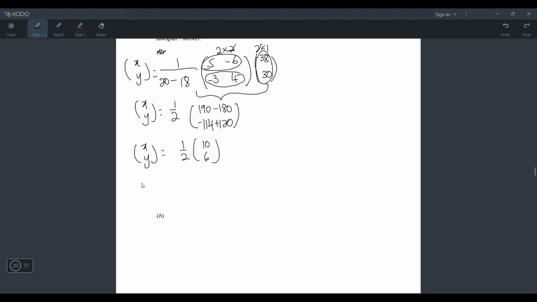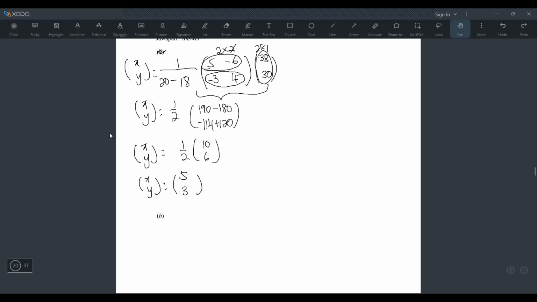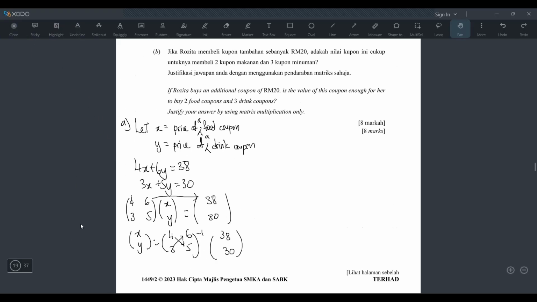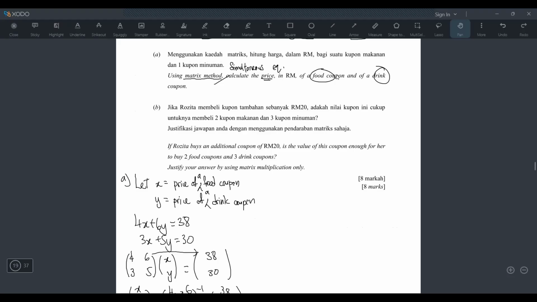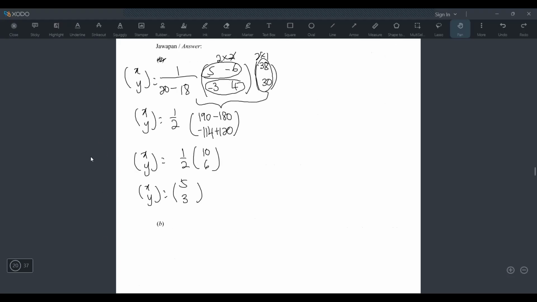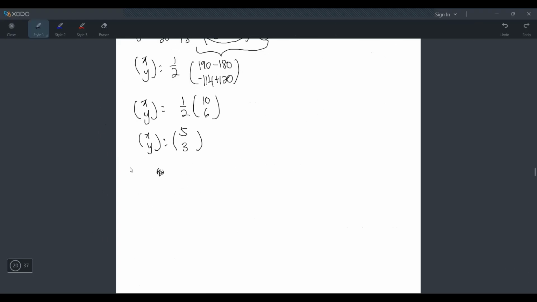And then there's still 1/2. And what you do now is you have to take the 1/2 times 10 and 1/2 times 6. Okay, times 1/2 means divide 2. So 10 divided 2 is 5. 6 divided 2 is 3. So now you get your x and y, but I don't think you can stop here, because if you look carefully, they want you to find what? Price of food coupon and price of drink coupon. So you have to write like this,